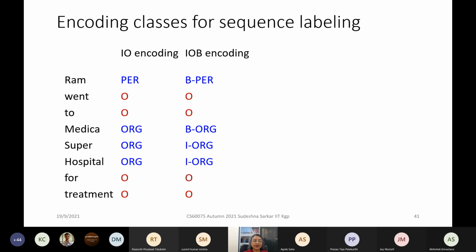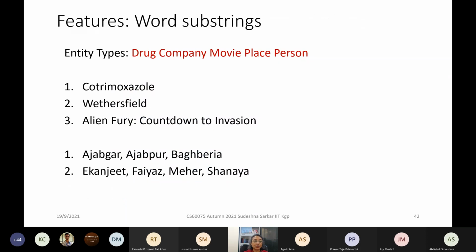So if you want to use CRF for NER, first you take this NER problem and put it in some notation, and then you can identify the features that you are interested in. For example, suppose we want to look at these entity types: drug, company, movie, place, person, and these are some examples of drugs. If you look at this word, there are some things about the word like ZOLE, OXA, that give you a clue that it might be a drug. If you look at Weathersfield, it gives a clue that it could be a company name or a place name,